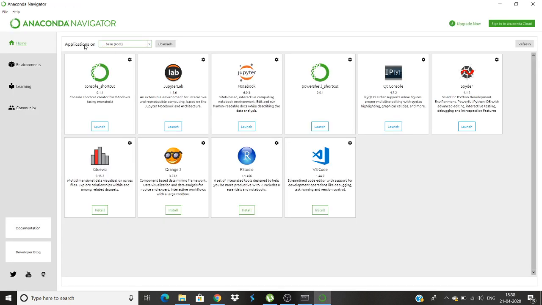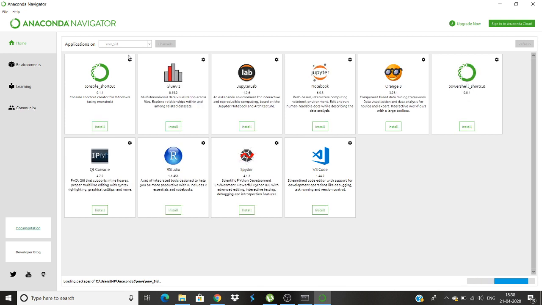So there you go, it is written "applications on", and we have base root here. This is the base, but this is my environment which I've created, env_sid. Once you click on this environment where dlib is installed, there are a few things you'll have to do. For example, if you're working on Jupyter Notebook, you can see that Jupyter Notebook is not installed, so you'll have to click on install.